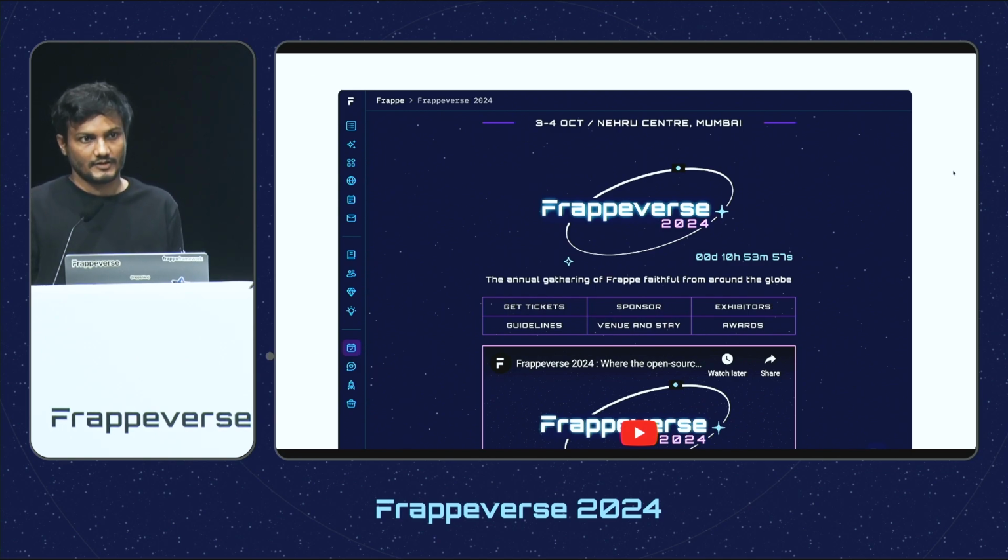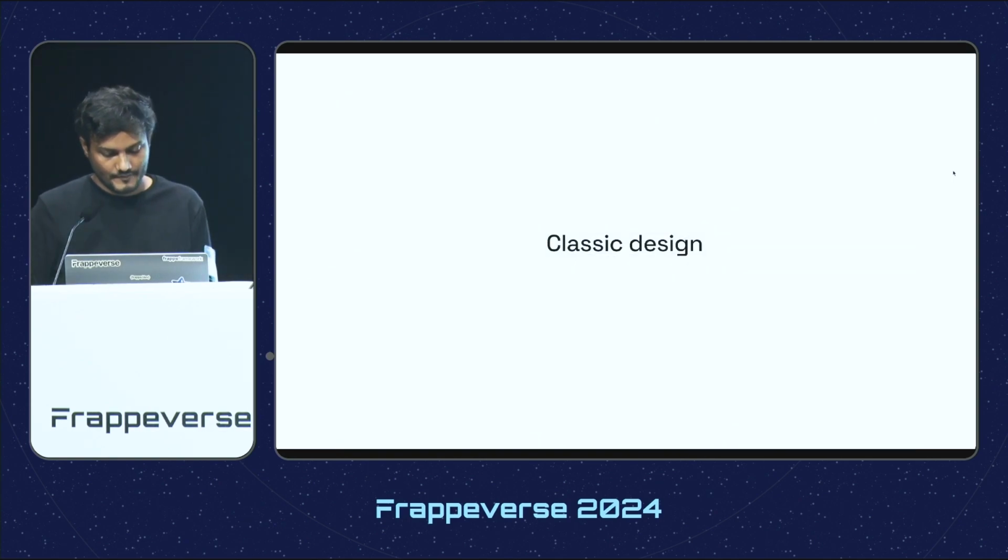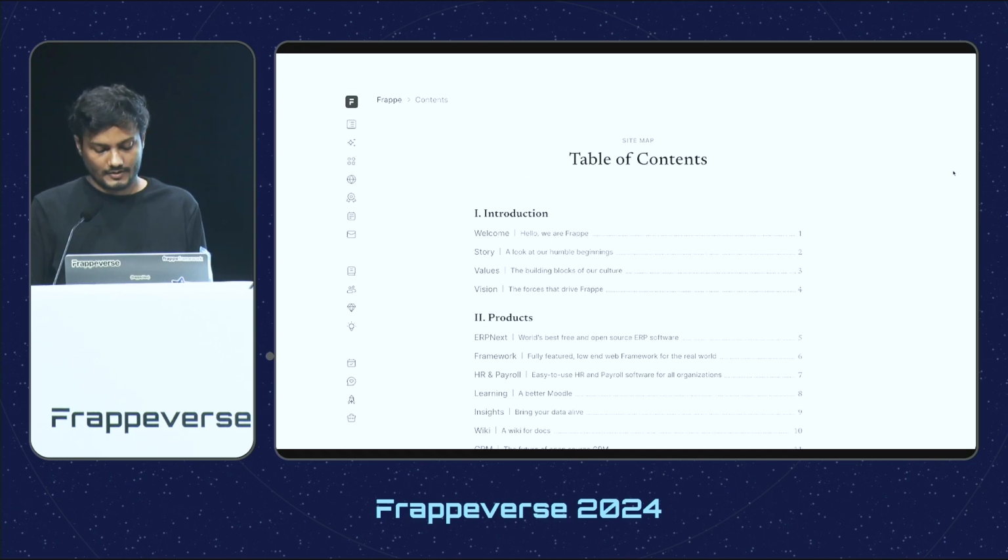And speaking of times, if you have heard of Frappe Times, we inherently have love for print design, which is classic design. And when print is adapted to web, we get something like the sitemap of Frappe.io, which looks like the contents of a book. And while designing Frappe.io, I also wondered where else I could tinker around and use some more print design elements. And so we have Frappe Times, which is our monthly newsletter. If you're not subscribed, then you are missing out on a lot.